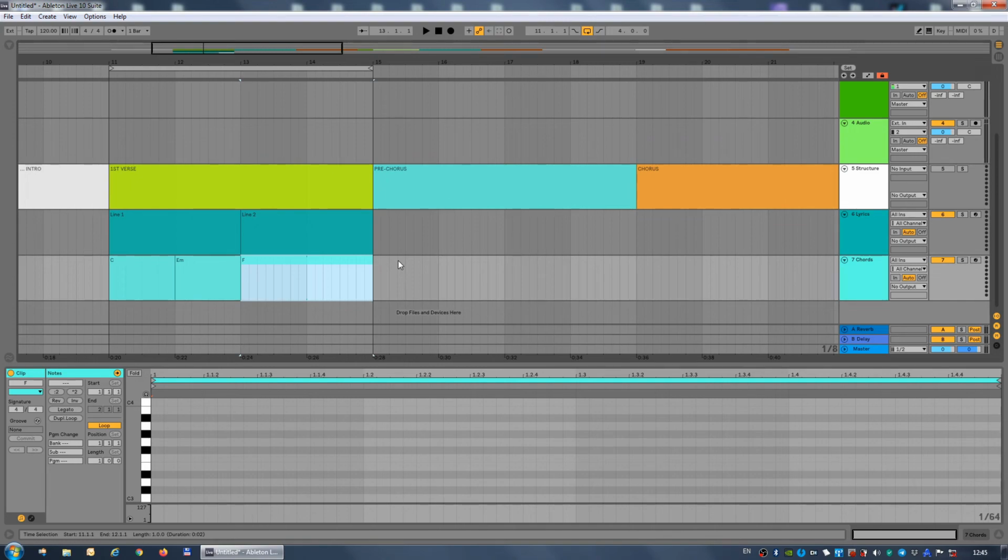You can go for one clip per section having the chord progression as its name, or you can divide sections by chords, that's entirely up to you.